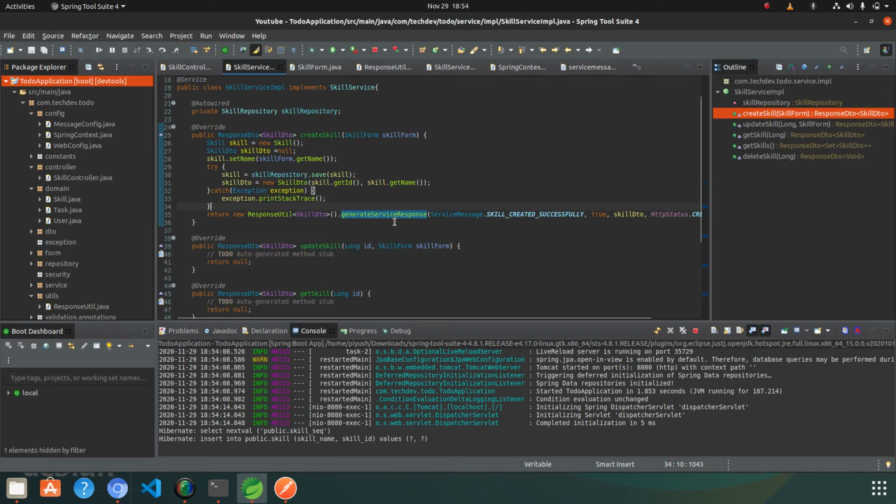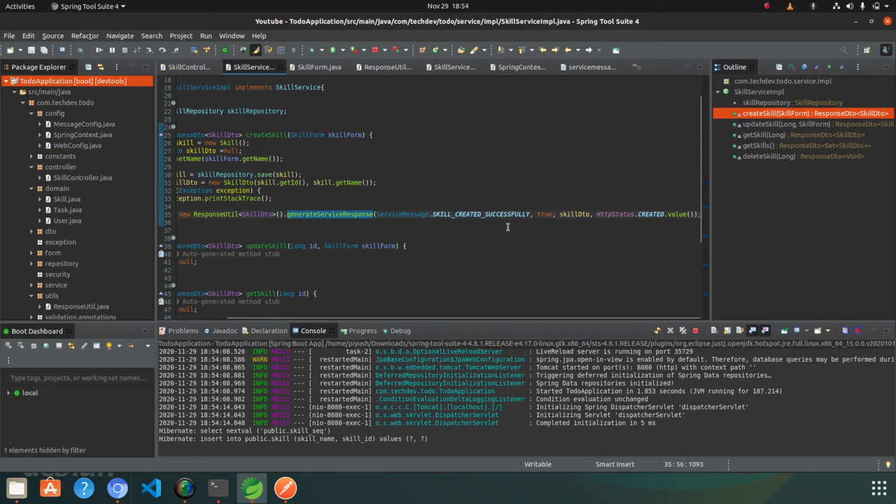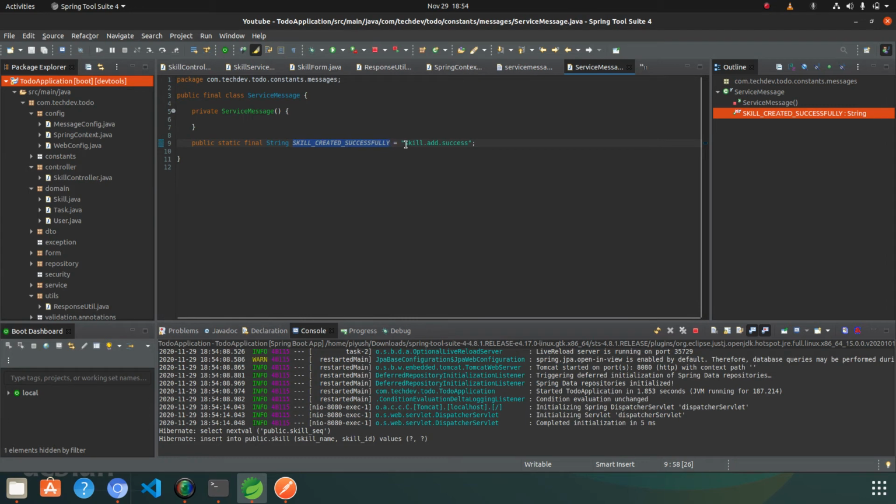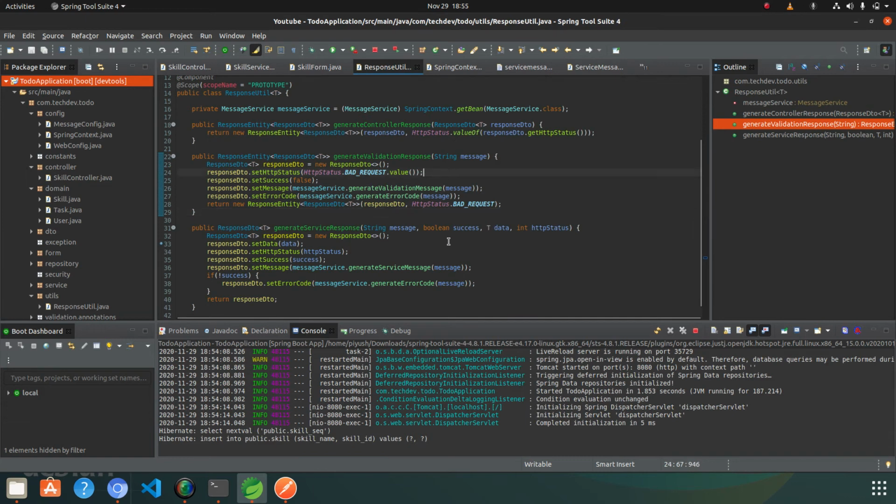Let me explain that in the return type of the response from the service implementation, I have passed the key, meaning skill created successfully. The key is skill.add.success. It goes to the response util. In the response util, I have that message here, and I am saying the message should be read from the message service using generate service message.